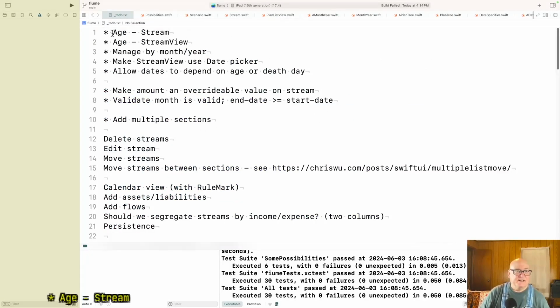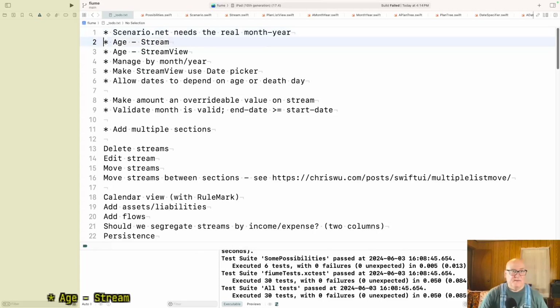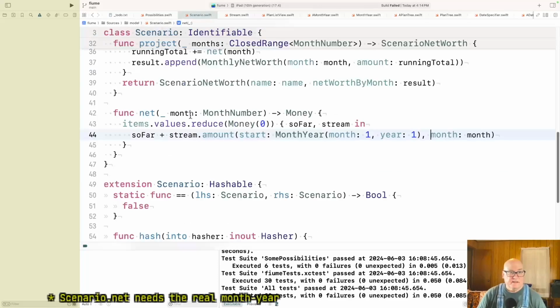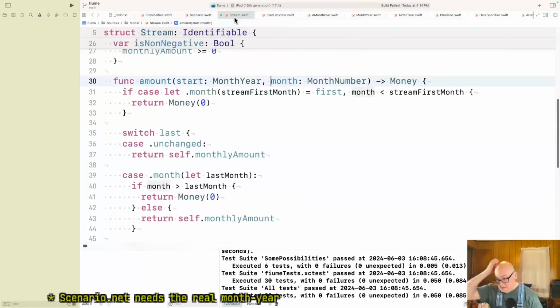Scenario.net needs the real month year. Okay, but I think it lets us, stream can do its thing. Create a new function and add months to the month year that you passed the original.